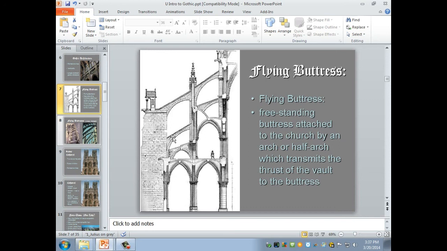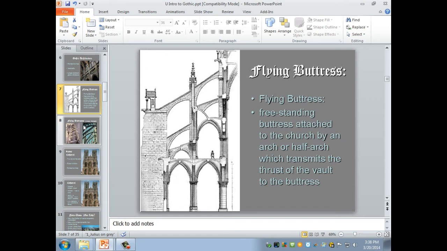But the thing is, because there's all this space that's air between them, they seem to be light. And they call them flying because, of course, with this curving form and the air between them, they remind people, I guess, of wings. They seem to soar. And the light can get in. The light isn't blocked by a buttress right up against the wall. The light can get in and can shine through those windows. So you're distributing the thrust of the vault or the weight of the vault in a different way.